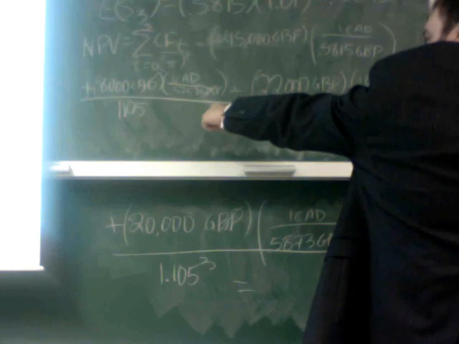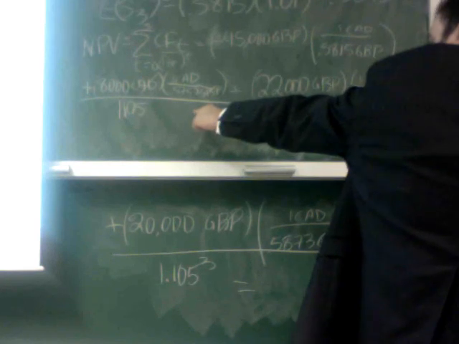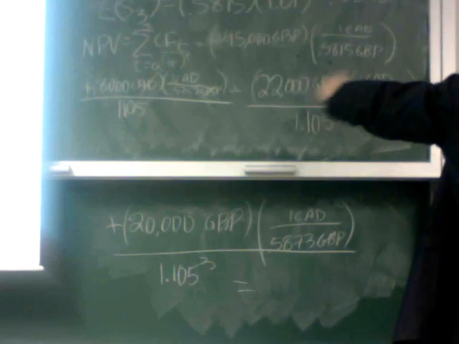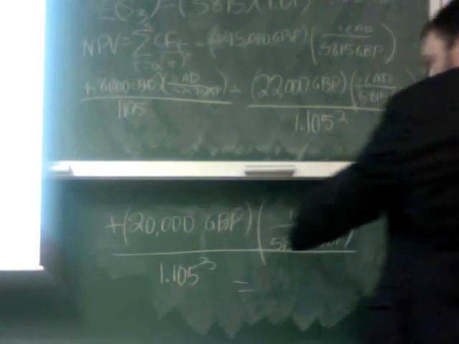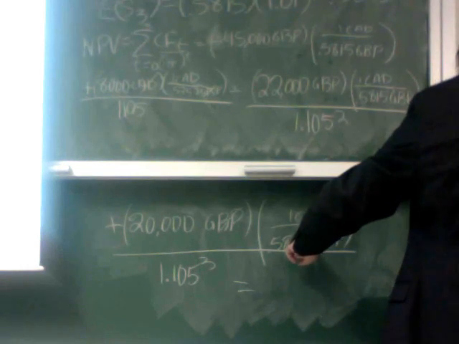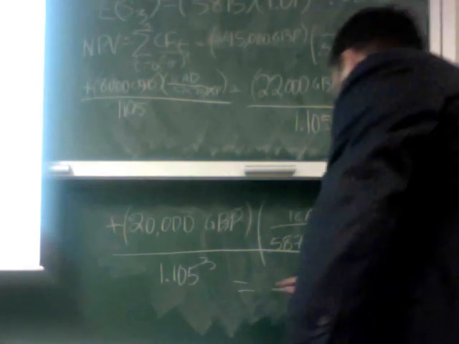Plus the cash flow in year 1, converted at the spot rate in year 1, discounted back 1 year. Plus the cash flow in year 2, converted and discounted 2 years. Plus the cash flow in year 3, converted at the exchange rate of year 3, and discounted back 3 years, and you end up with